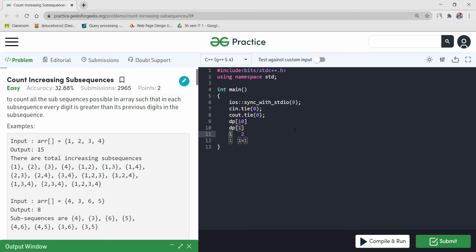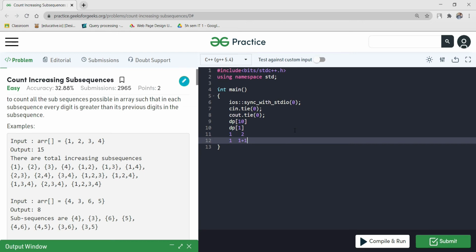I came to a point that only 1 has been encountered, and its dp of 1 contains answer 1. So that's why I have added 1 to dp of 2.